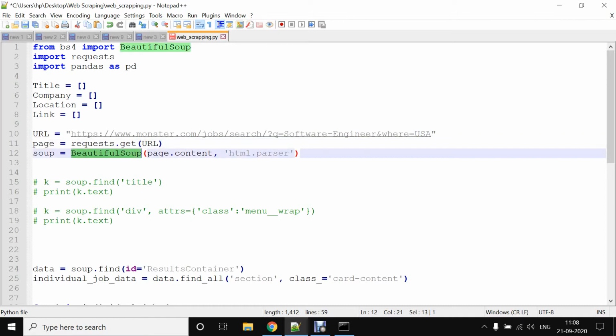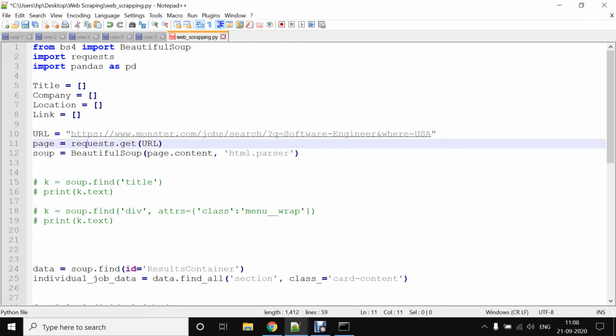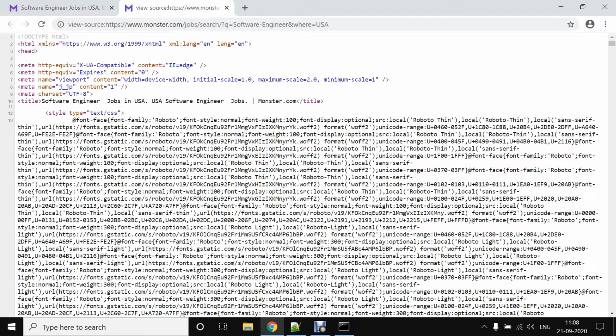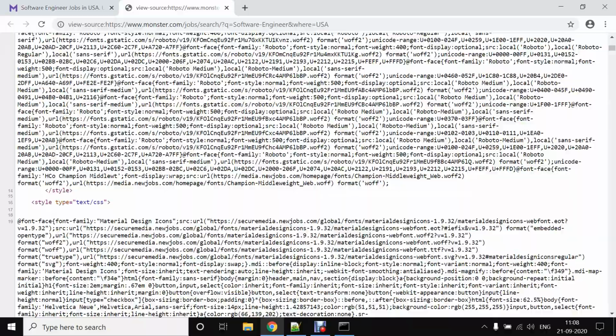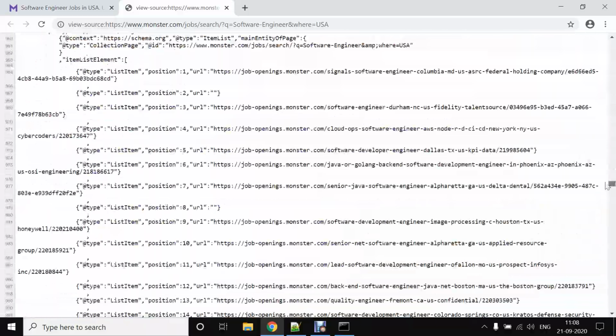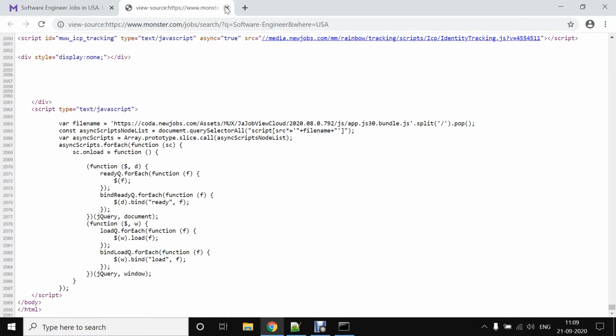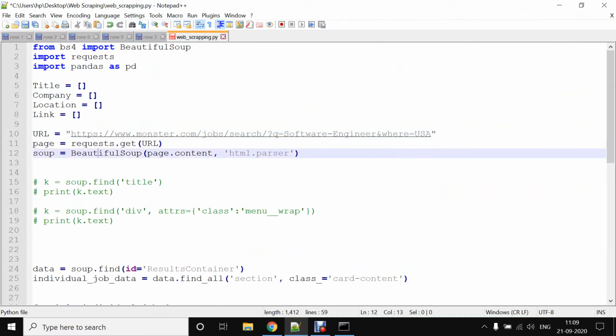Then comes one other package, BS4. It has one functionality called BeautifulSoup. Using that functionality we are converting that whole data, that is pure HTML data. requests.get will bring pure HTML data, like all tags and all text, the whole HTML data. Like suppose you see this page source code, when you press Ctrl U on this page, you will be able to see the whole source code of this page. So all this code is copied to our Python object, and it is stored in the page variable.